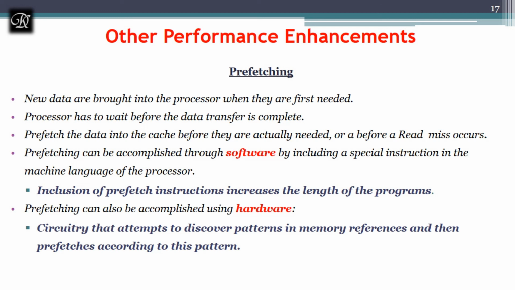So that can be done in two ways. One is software, where we add more instructions to predict what may be required. If we add such logic, the program length will again increase, and of course it will take more time to compute. Or else we can come up with hardware. We can have some circuit to predict what is required frequently, and then add it. We have seen similar architecture with pipelining and superscalar operation with respect to hardware.